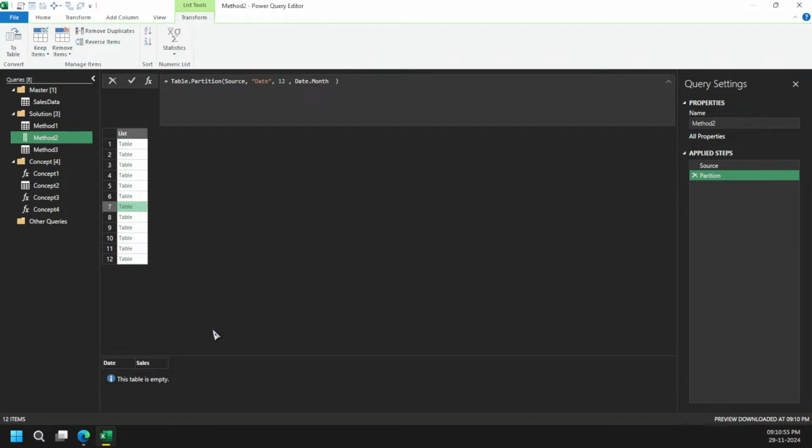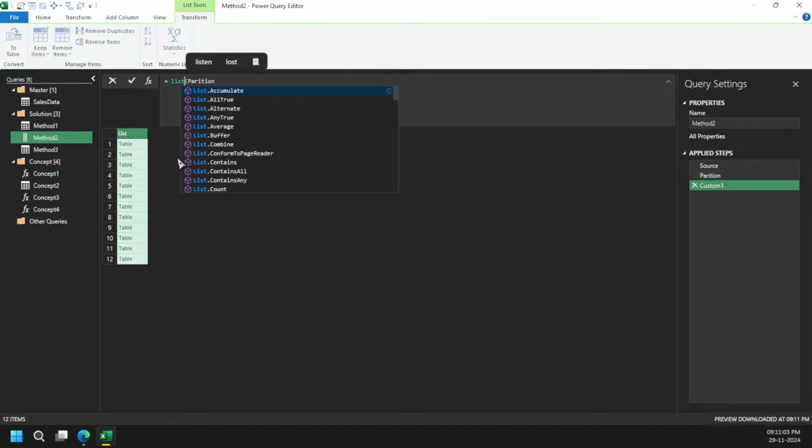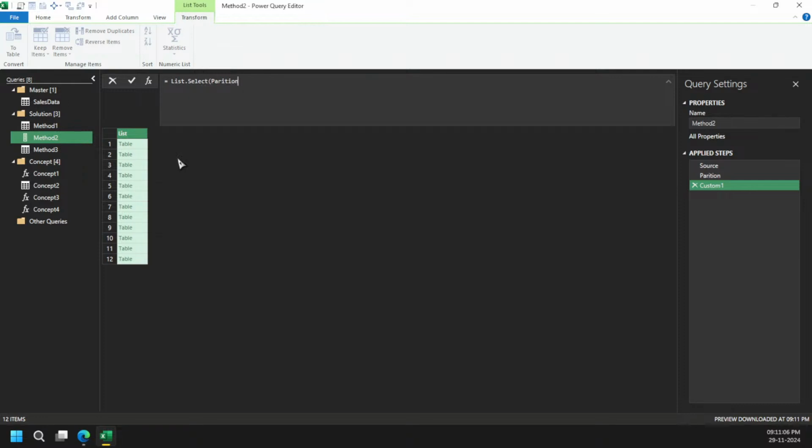I'm going to delete it out, right? I can remove it. So what am I going to do? Using the List.Select function, and then each node and table is empty.